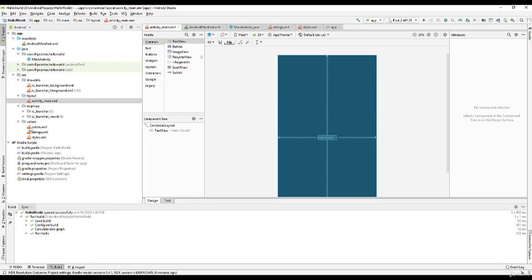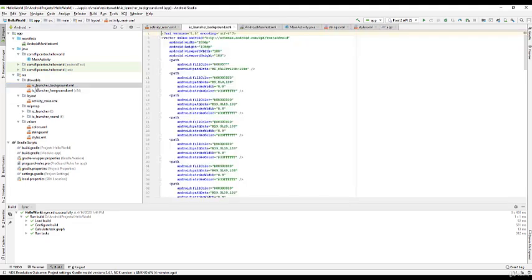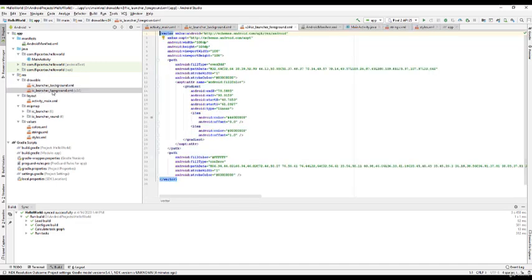Drawables, here we can put any images. So for example, by default, you get the Android logo as an image. If, for example, you have your own logo, you upload it over here and change the reference, then all logos will be changed to yours. So that's our default application out of the box.